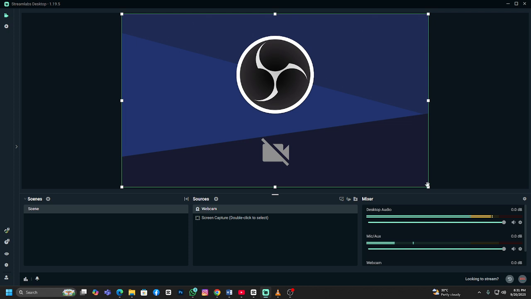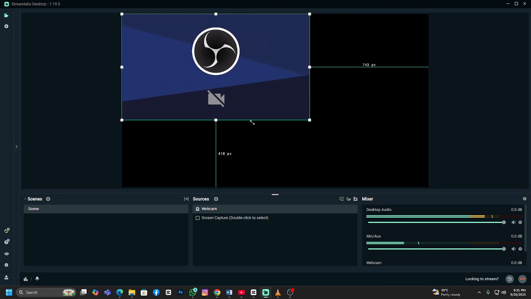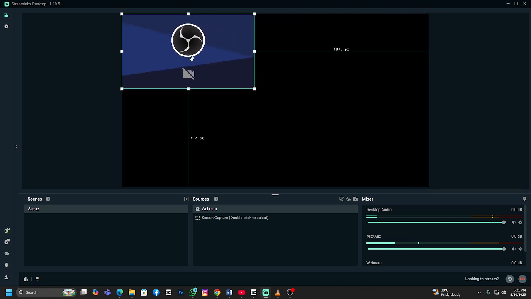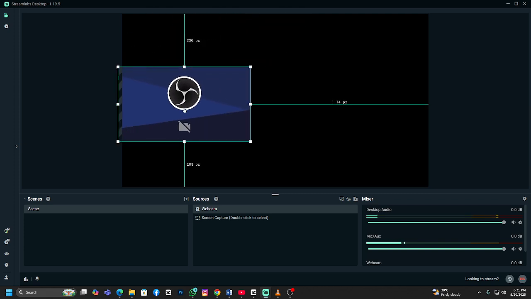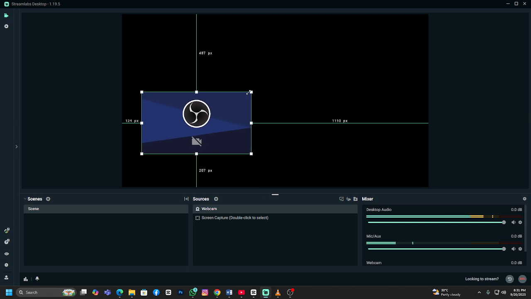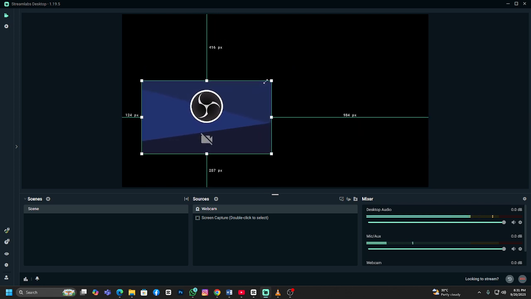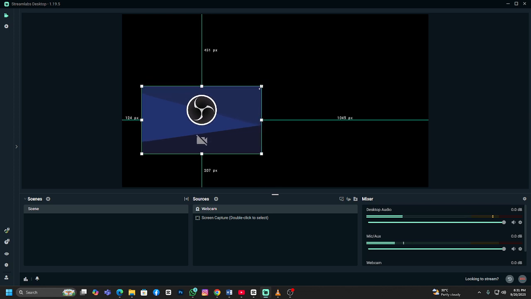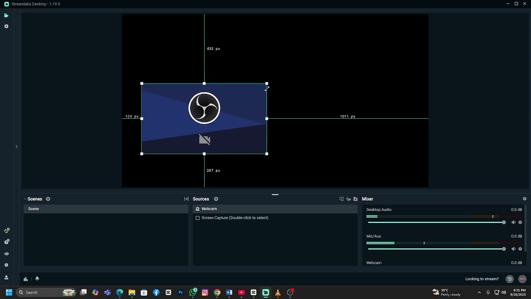If you don't always want to be on camera, you can click the eye icon next to the source to temporarily hide your webcam and click again to bring it back. You can also drag your webcam feed anywhere on the screen. Most streamers place it in the bottom left corner, and you can resize it by clicking and dragging the edges